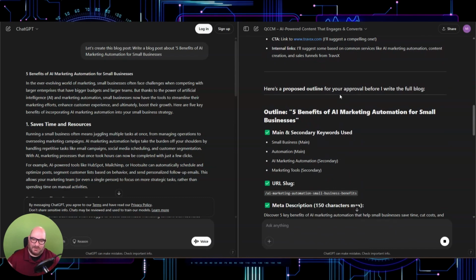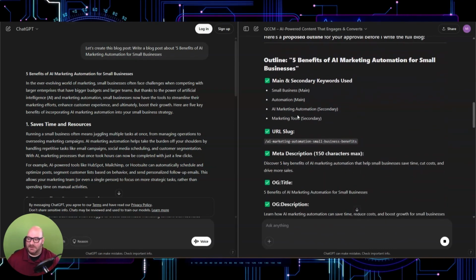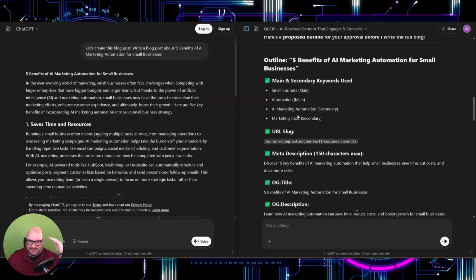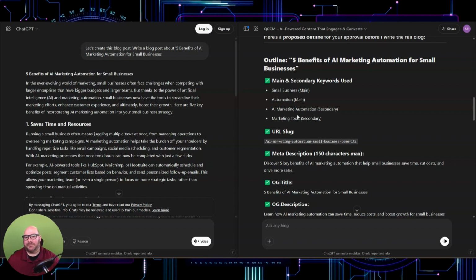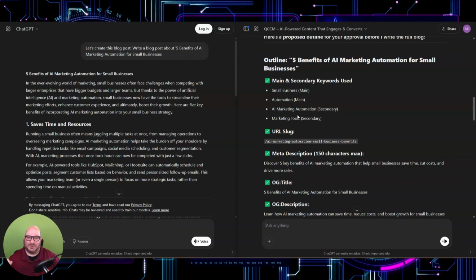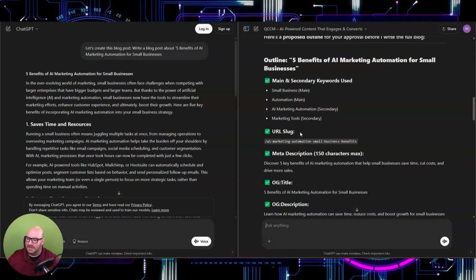So instead of just actually writing the article, you can go through and make some changes if there's something you don't like, because it's AI, right? AI has a different view on things than humans do. AI is a little bit less emotional, and not a little bit, I guess a lot less emotional. Maybe you want more emotion conveyed on certain topics, whatever it may be, but you go through the outline and